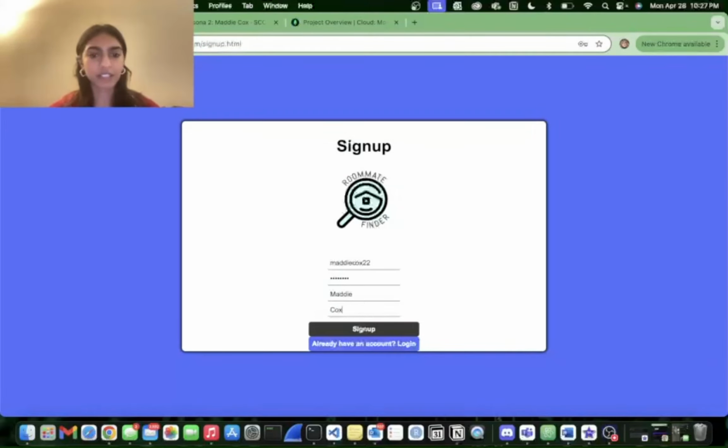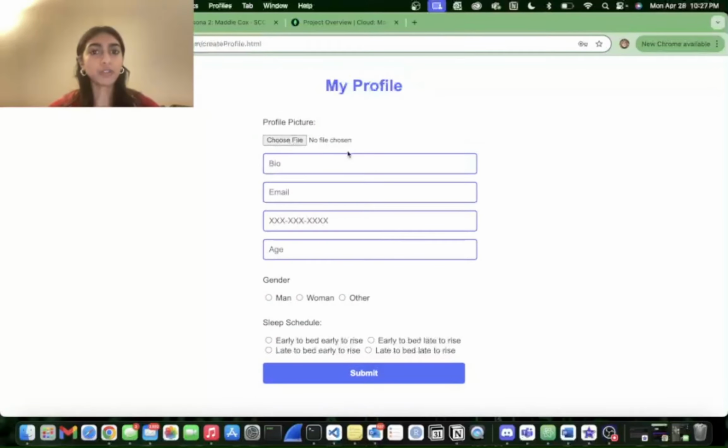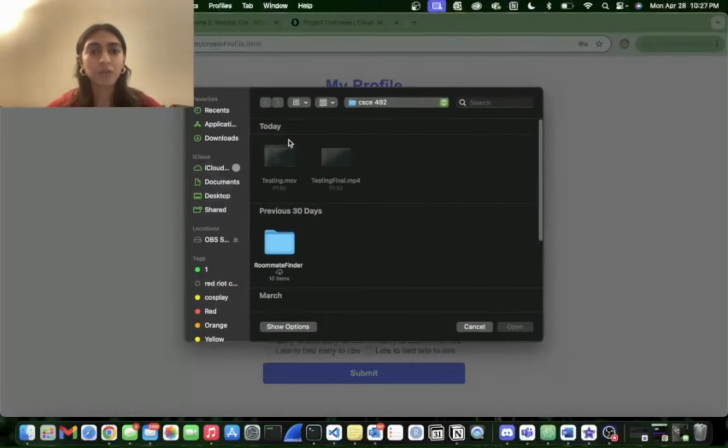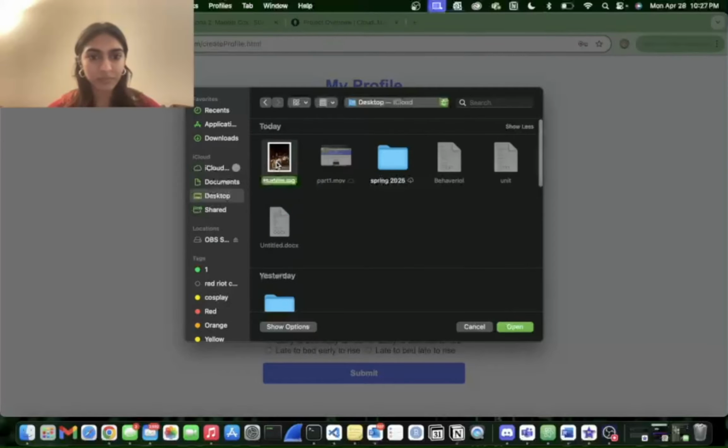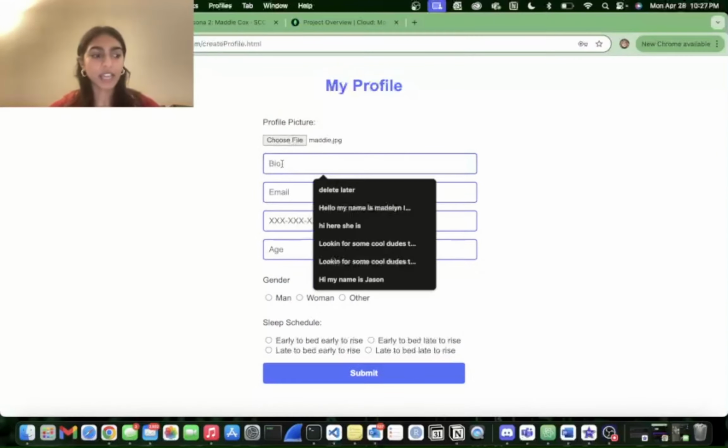and last name. Once you have entered all your information here on the sign up page, you can proceed by clicking the sign up button, which will load and take you to the My Profile page, where you will be prompted to choose a profile picture for your account and enter a bio